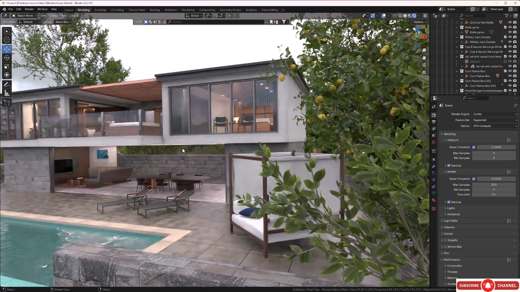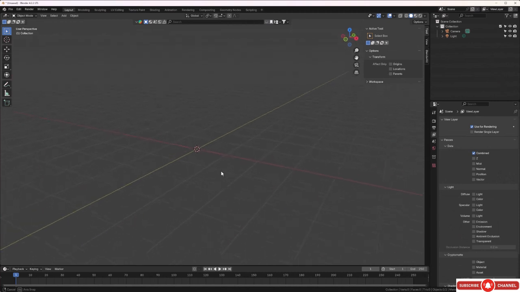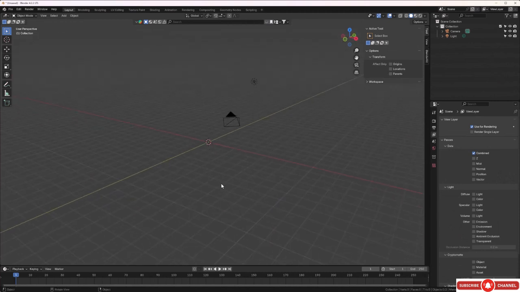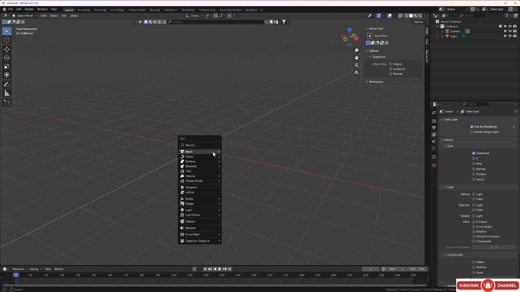Okay, so what else do we need to cover? I think the other thing I want to cover is beveling. So what I'm going to do is just compress this scene for a moment and go ahead and open up a kind of standard Blender scene. So brand new, not been used, empty screen, just got the camera and the light, and I'll bring in a cube